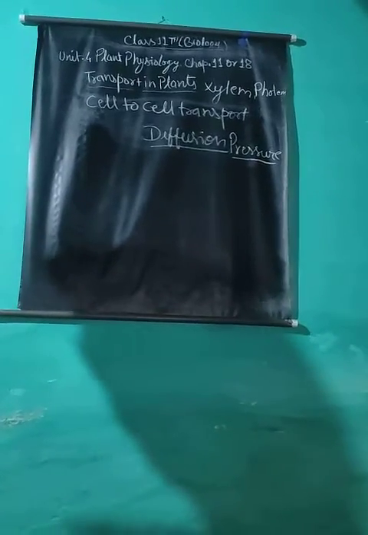For example, the diffusion pressure of gas inside a balloon is higher than the gas outside. If the balloon bursts, the gas inside the balloon diffuses outside rapidly due to the difference in diffusion pressures. Similarly, the diffusion pressure of a solvent is always higher than that of a solution made from that solvent.